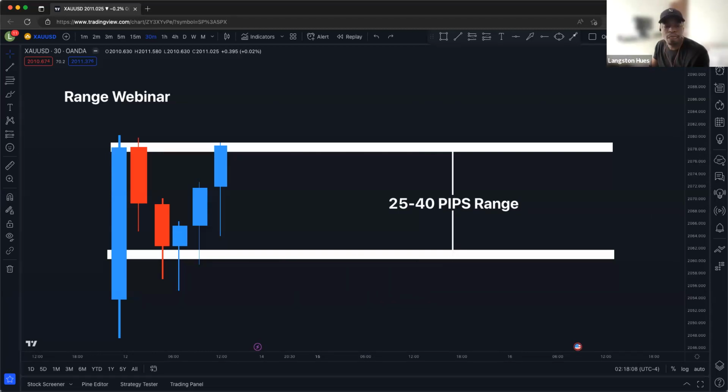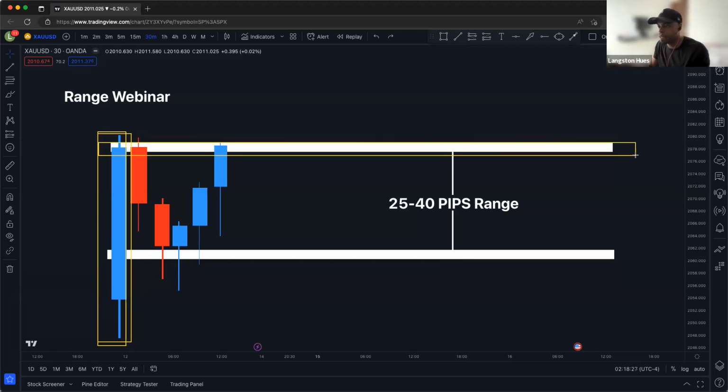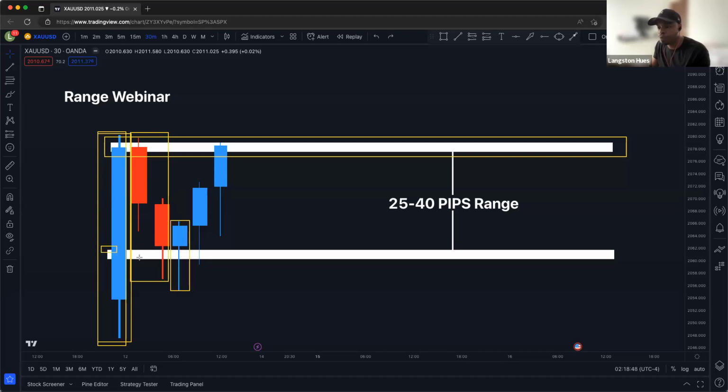So when we had this candle form bullish, creating this high off of this bullish uptrend, we had this candle right here formed and closed, creating this resistance, right? Forming one of the major components of a range. For a range, we need a support and resistance, creating this resistance, right? And then you had price drive back down, closing bearish, but the candle right after that closed bullish to form this support.